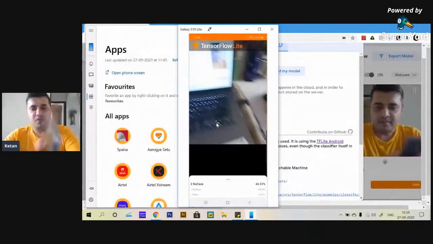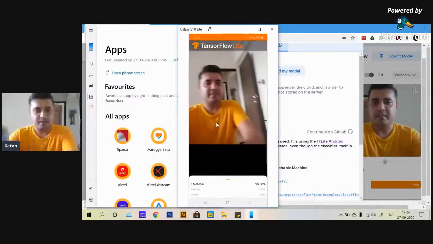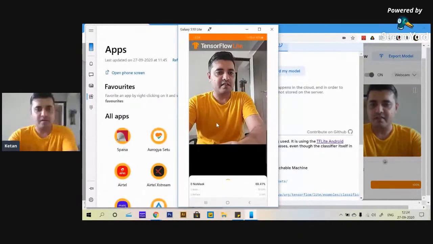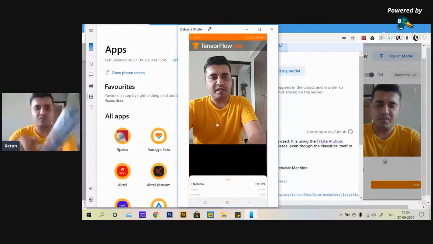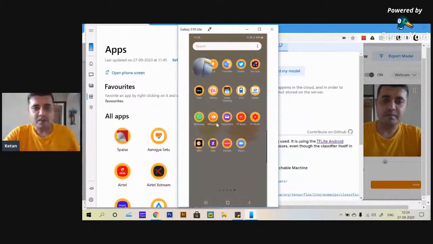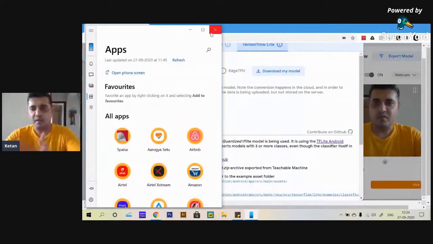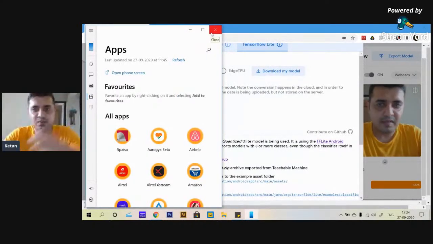So this is one way of doing it. And you can see here easily, there is no mask and it's giving me a good amount of accuracy as well. Definitely, I will be training this again just to make sure that it can be done. So here, this was an example of how we can deploy the model directly. And you saw that I created a model within,